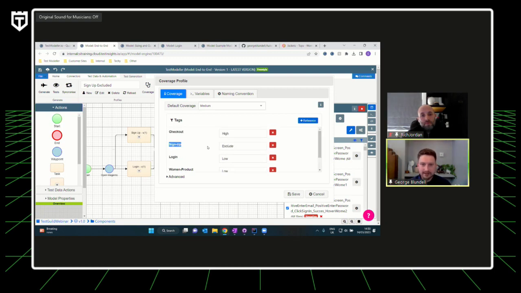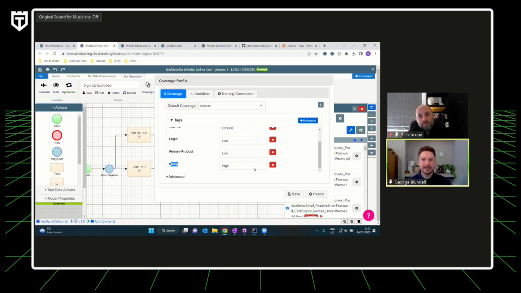In this instance, I've excluded the sign-up process from the test cases that we've created. And really we're focusing more on the checkout flow, whereas login and women products we care less about, and sizing, for example, we've set to high. So once you apply this coverage profile, your end result is a set of tests that focuses in on the areas that you really care about.